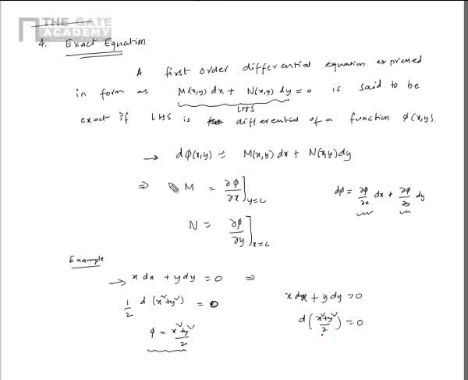Now if I integrate on both sides, I'll get (x square plus y square)/2 is equal to constant, or basically phi is equal to constant. Phi is this x square plus y square. So this rarely exists. The only thing is you have to bring the given equation into the exact form. By inspection it is very easy, that's what we have done, but then there should be some rules, right? So let's see how to check